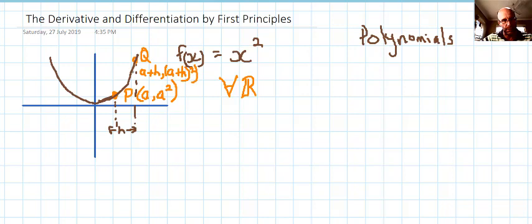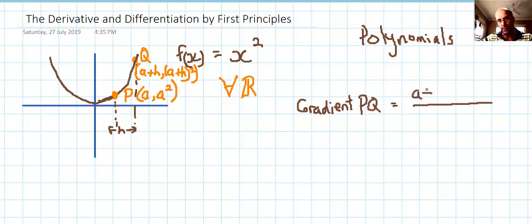Again, that's very similar to what we've done the last two or three videos, applying our ideas for a rate of change. And you should know that the gradient, or the rate of change, the gradient PQ for this straight line from P to Q, which is a chord,